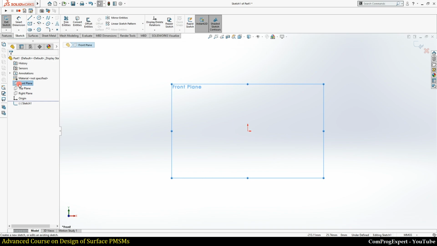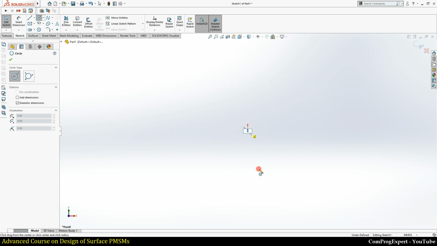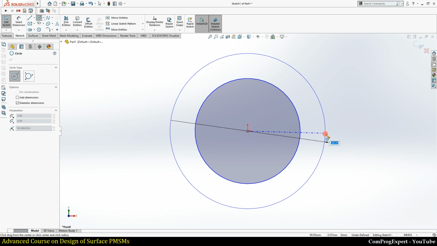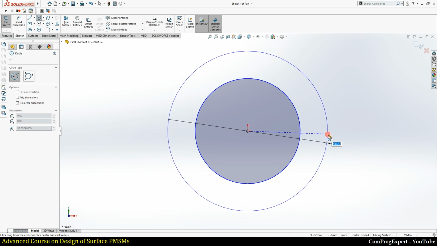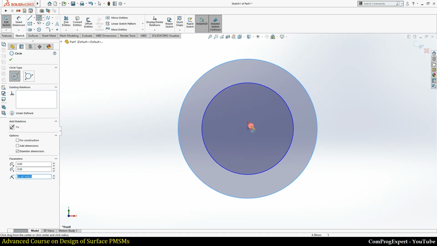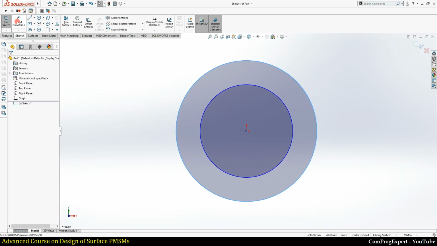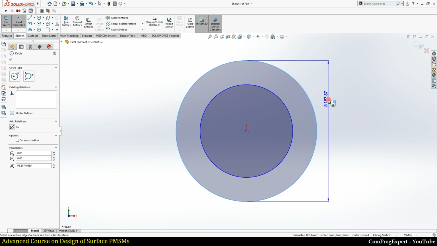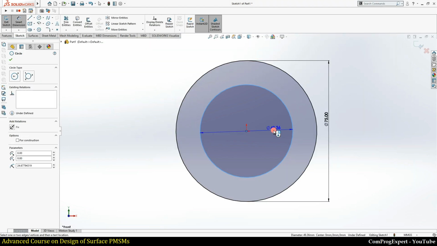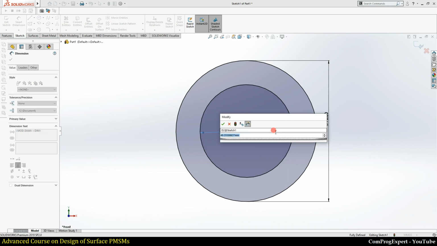So here I generate a sketch and let's draw a circle first and another one. The center of these circles are actually the origin of this plane. So let's set the outer stator diameter equal to 75 and inner stator diameter equal to 55.